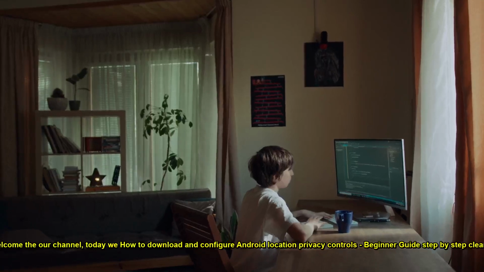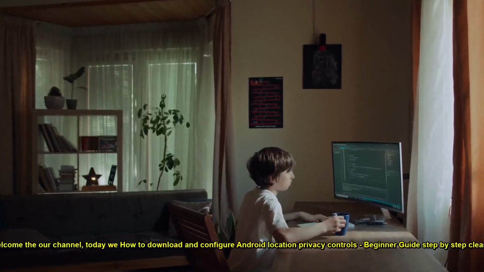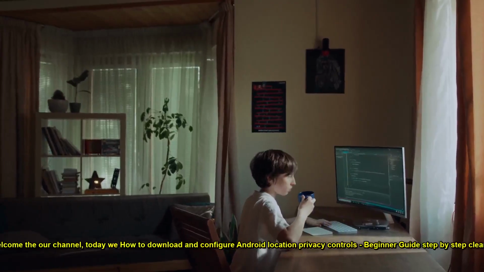Welcome to our channel. Today we'll show how to download and configure Android location privacy controls, a beginner guide step by step